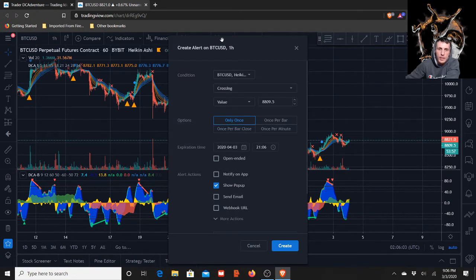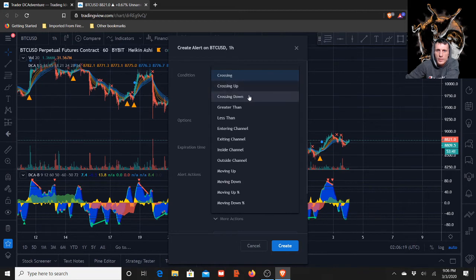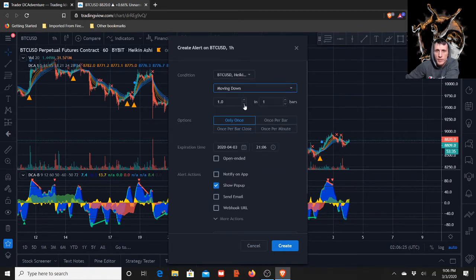Here's the alert tab. Okay, so let's say we're trading Bitcoin, and we want to know, what is Bitcoin at right now? It is at 88.21. So let's say we want to know whenever it goes down. Moving down is what you'll click. And then this is dollars over here. I want to know if it moves $1 down